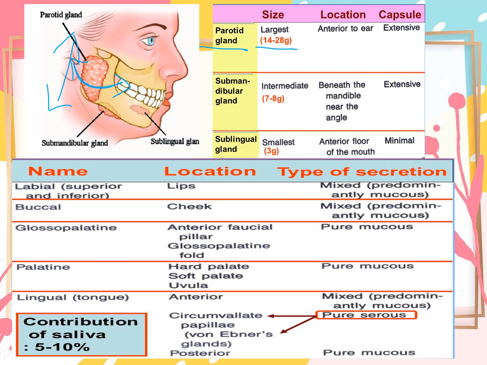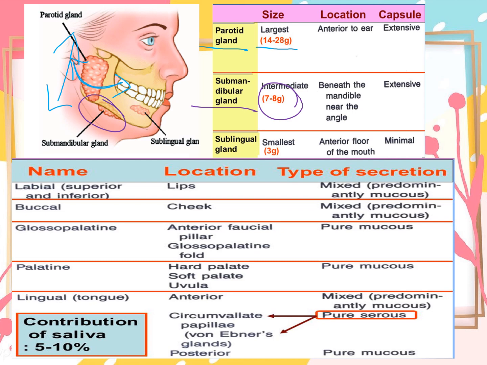Now after the parotid gland, let's go to the submandibular gland, which is the second largest salivary gland. It is also called the submaxillary gland. Its weight is half of that of the parotid gland. The secretion of the submandibular gland is mixed. It has both serous and mucous acini, but serous acini predominate. It lies in the medial aspect of the body of the mandible in the submandibular triangle, which is posterior and superficial to the mylohyoid triangle.